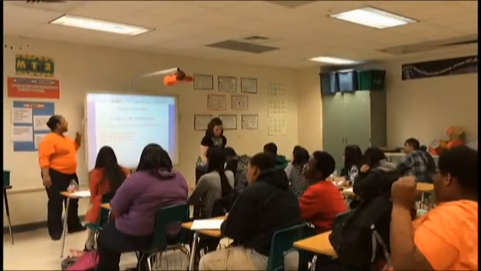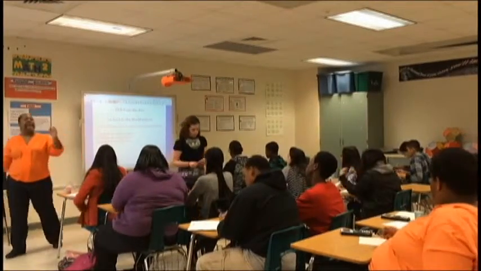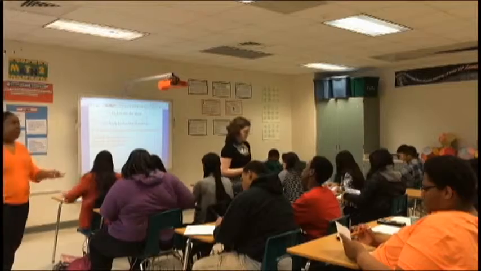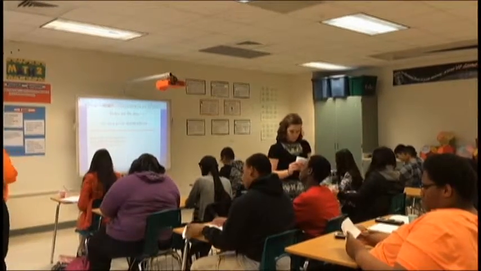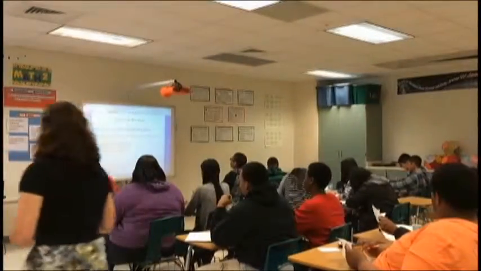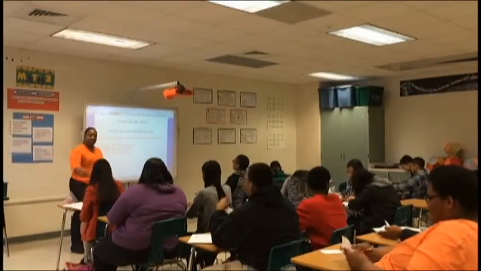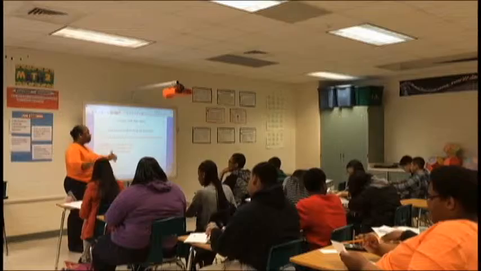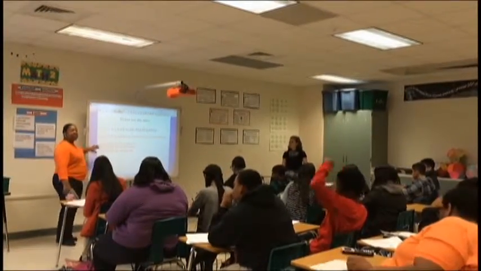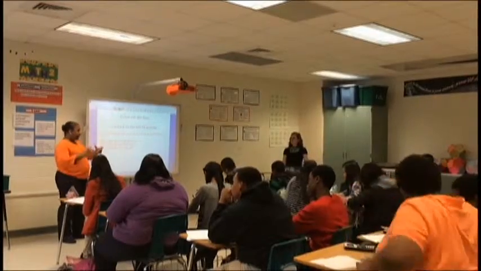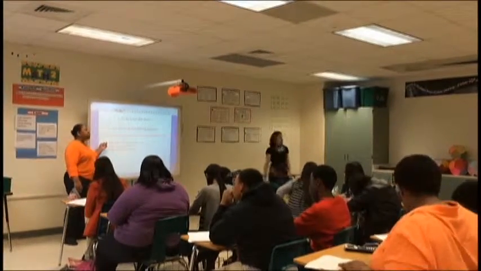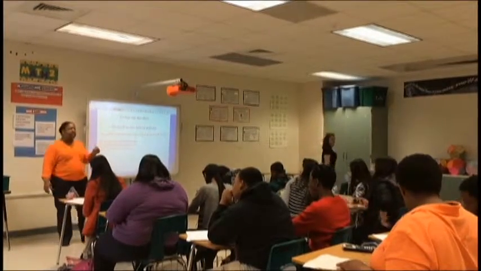You're going to do your ticket out the door on the index card. Each person has to turn in a ticket out the door. You can do it with your partner, but each person has to turn in an index card. It says go back to the M&M activity. So you have to boil an M&M activity out that you and your partner use. I want you to look at your equation that you and your partner came up with, and I want you to write that equation on your index card first.